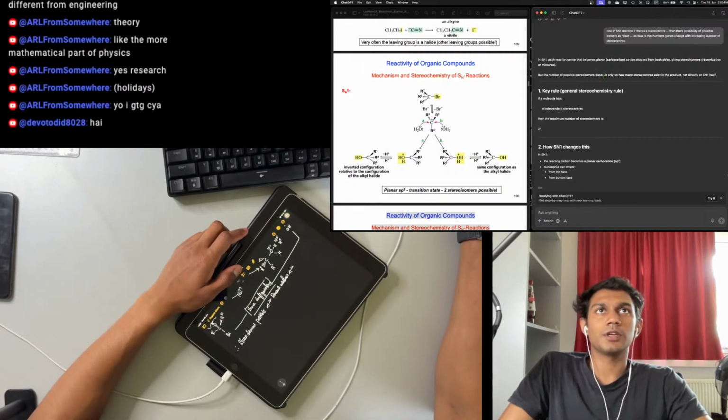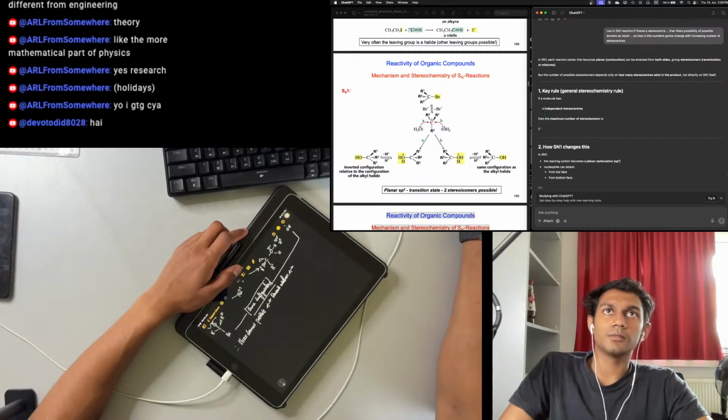But the number of possible stereoisomers depends only on how many stereocenters exist in the product, not directly on SN1 itself. If a molecule has n independent stereocenters, then the maximum number of stereoisomers is